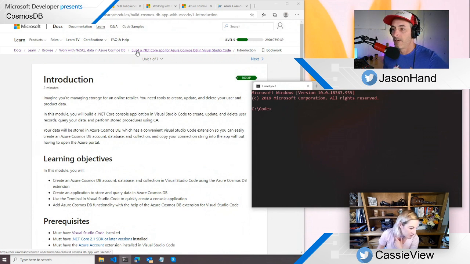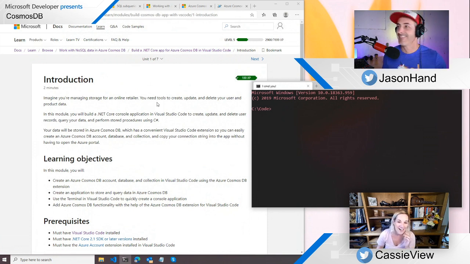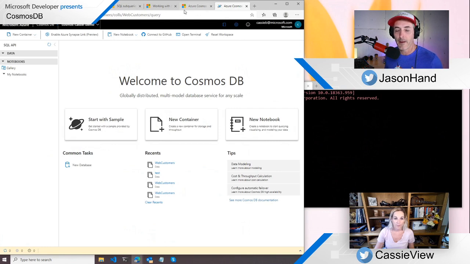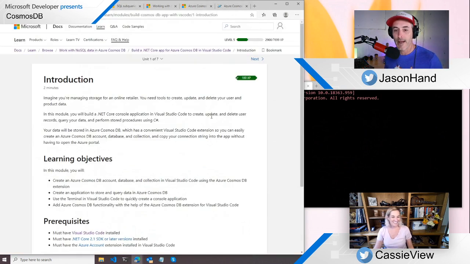So somebody asked, what are we doing? And that is a good question. What are we doing? So we are looking at how to work with Cosmos DB and starting to get an introduction to NoSQL databases and specifically document databases using the SQL API in Cosmos DB. And if you're not familiar with Cosmos DB, that is an Azure service that we're going to be using. And so far, we've only just made a vague attempt at trying to understand the black magic of NoSQL.